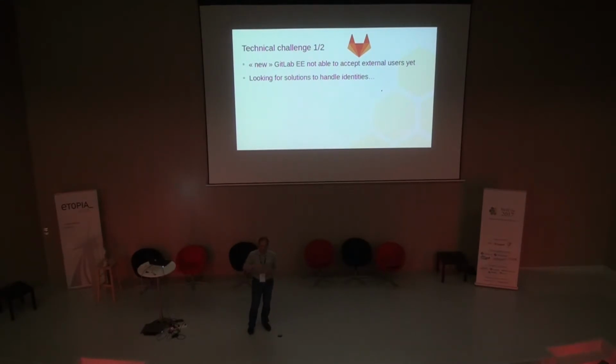Support was using it to exchange code for support cases that they had. And we don't have this capability yet in the new GitLab Enterprise. So there are some repositories in GitLab community that we cannot really migrate yet